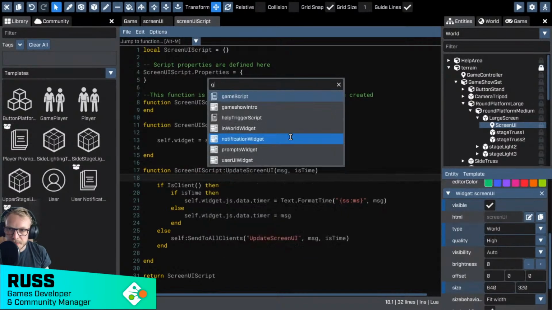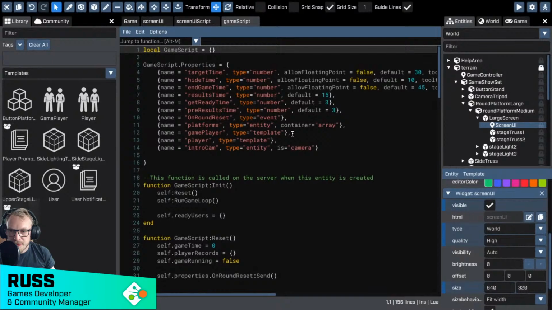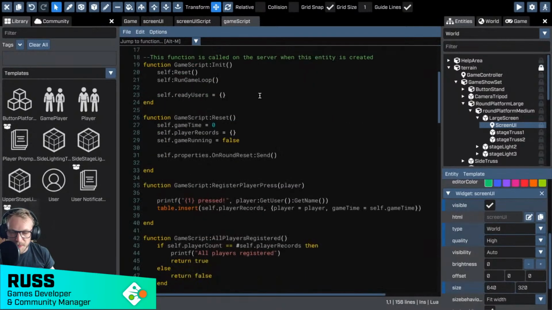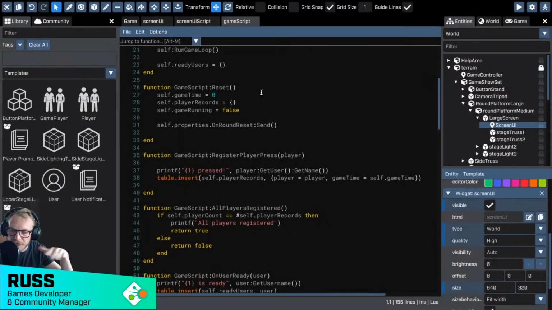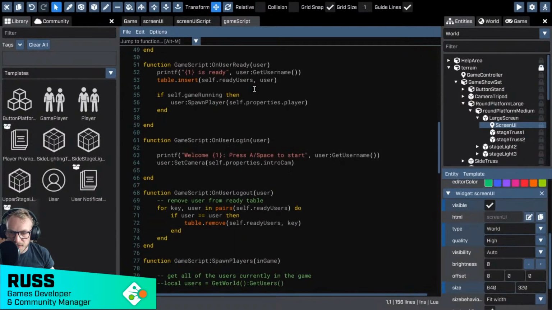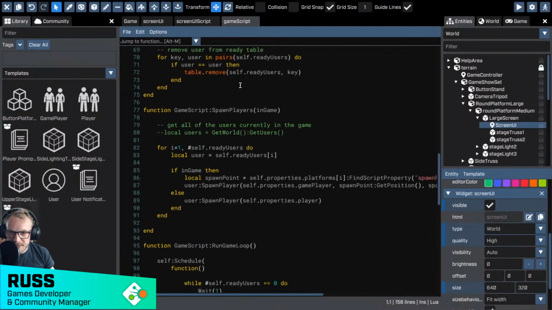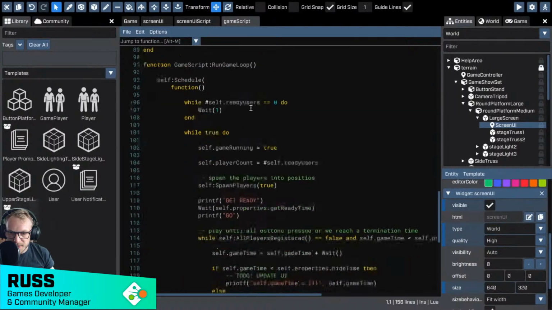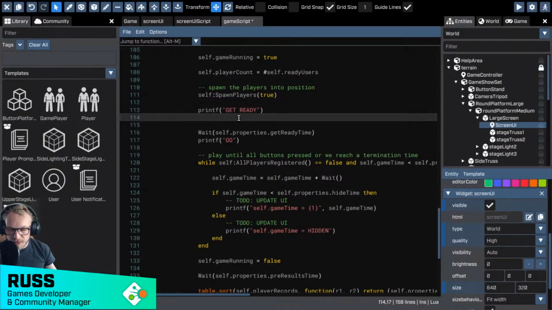So I'm going to go to my game script. This is quite a long script which is going to power all of the functionality which I've already written, so don't worry too much about trying to understand the script around it here. But what we want to do is make sure that our game loop is updating at the relevant times. So here when I can UI,